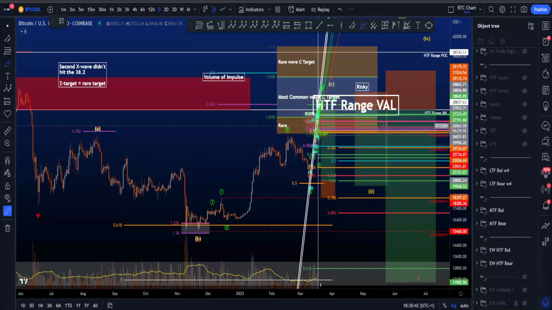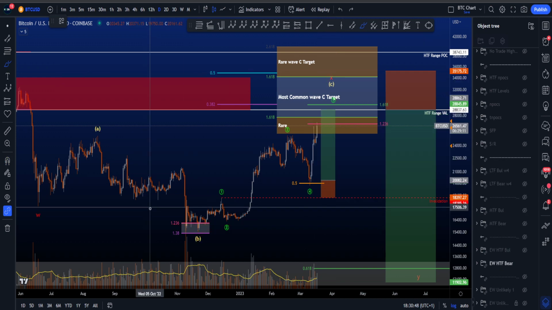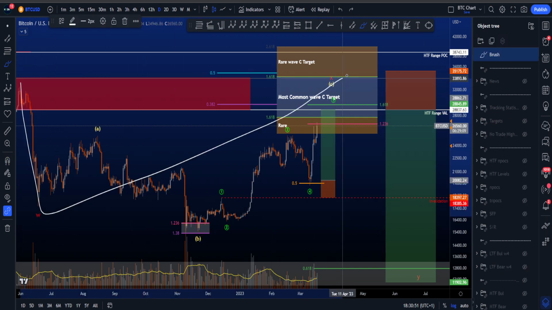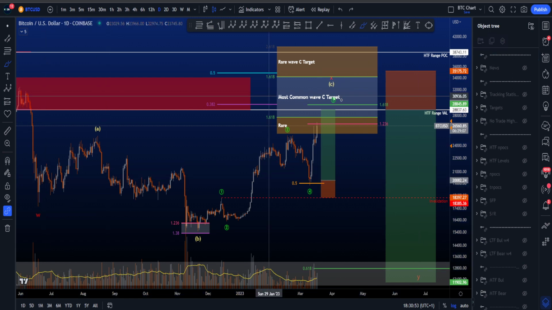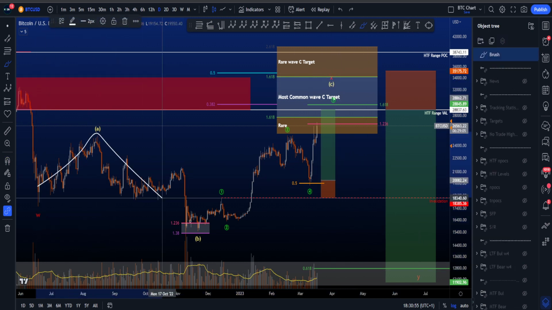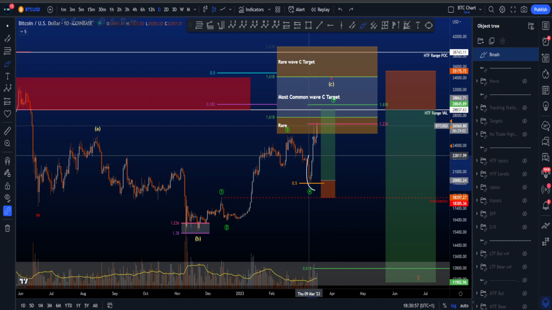Hi everyone, let's go through my preferred and alternative high time frame, medium time frame and low time frame scenario in this video, starting with my preferred scenario on the high time frame, where this is a W, X and then a Y, with inside the red X over here an ABC expanded flat, currently working on the fifth wave